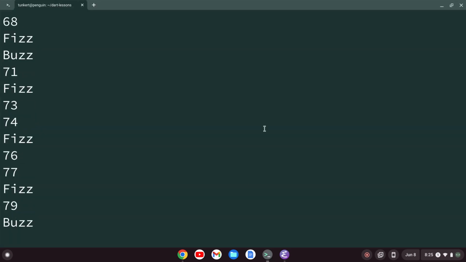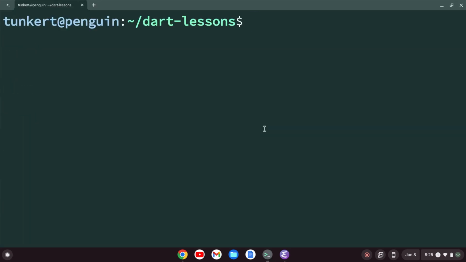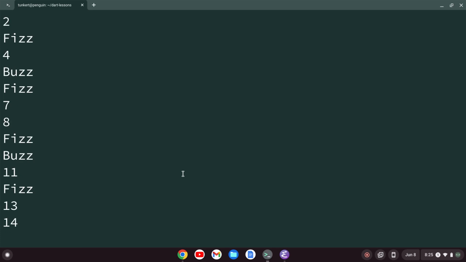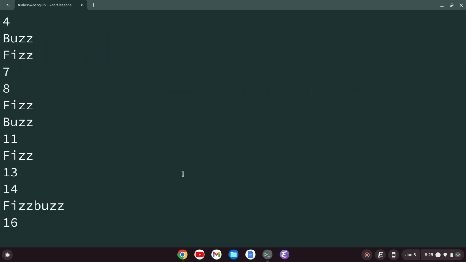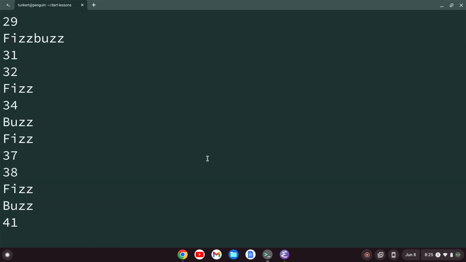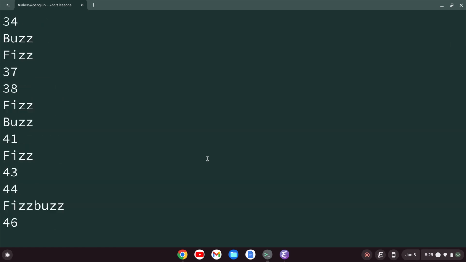Go back up here. Let me scroll down and clear all this stuff out and rerun this file. And now we see we're getting fizzbuzz. So if we go up to the top here, we can see 15 is fizzbuzz, 30 is fizzbuzz, 45 is fizzbuzz, and so on. So we've completed the